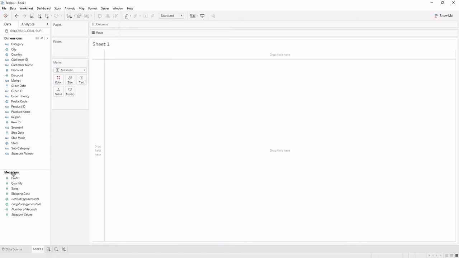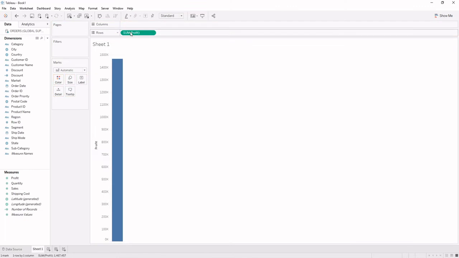Further, now we are moving over to measures and we'll be checking how measures show their output on the screen. If I keep my measure, that is Profit, over the rows, I can see that in my view it will be showing me only one aggregated value for it. So it means whenever a measure is used in a visualization, it will be showing the aggregated value of it.